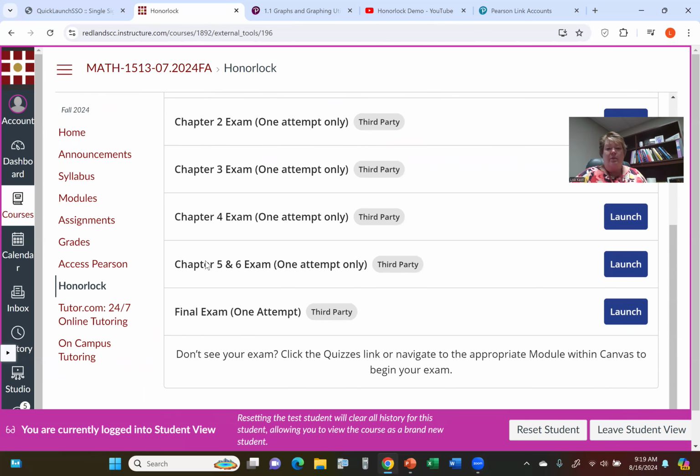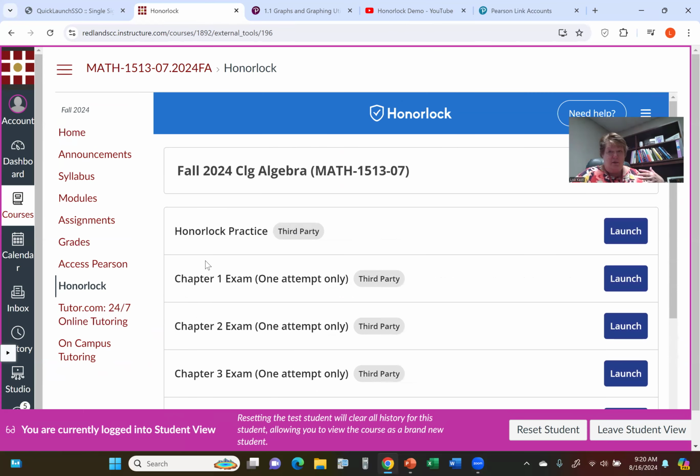But that's where your exam proctoring is launched. This is where you launch the proctoring. It's not where you launch the exam. So this gets the authentication process going, and then you have to go back and open the exam and then take it. I know it's kind of a convoluted process, but it works pretty well. And once you do it once, you'll be good. Do the practice, and you'll be fine and dandy when exam time comes.